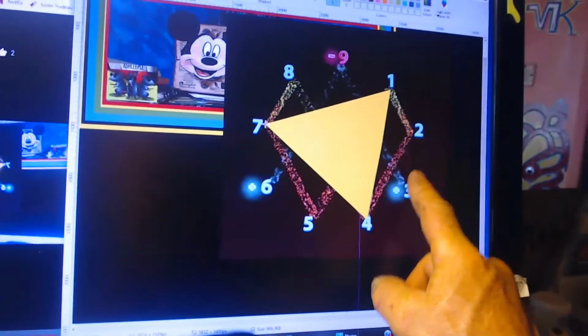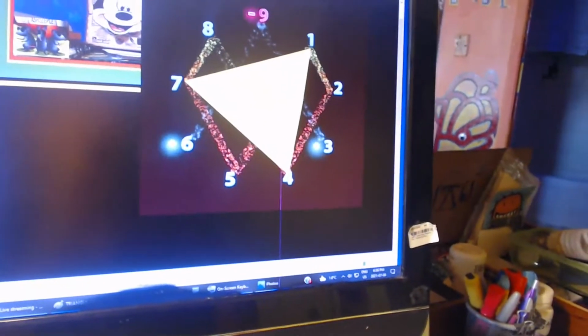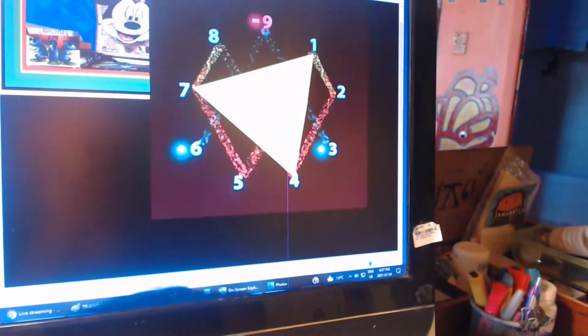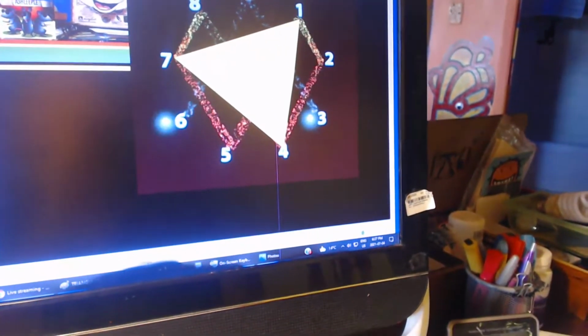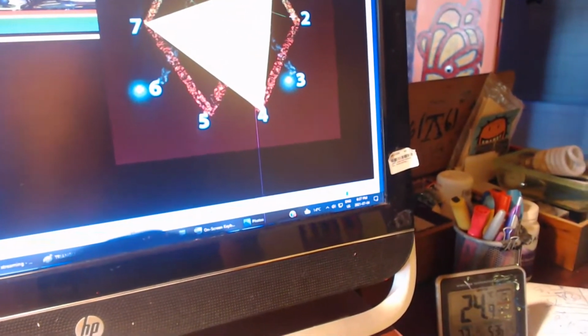So what we have is 2, 5, 8 separated by 3, 6, 9. So now what we're going to do is keep that over here like that. And now we're going to create the second one. And the second one that we're going to create, we're going to take 8 and we're going to go